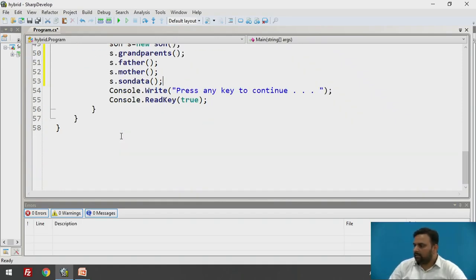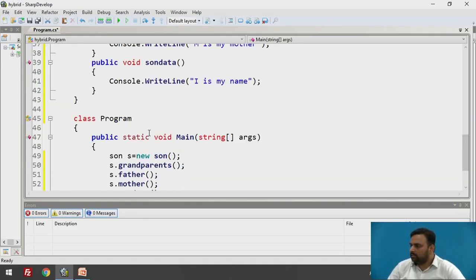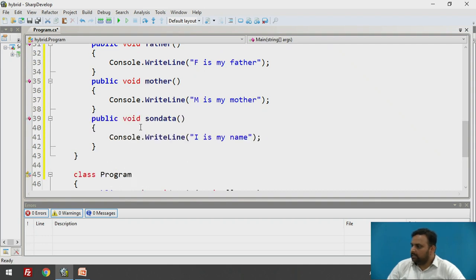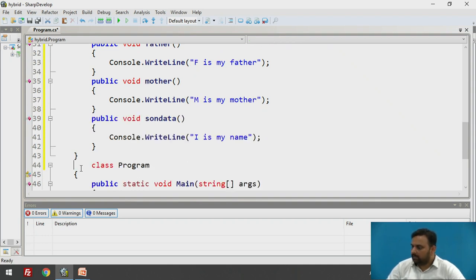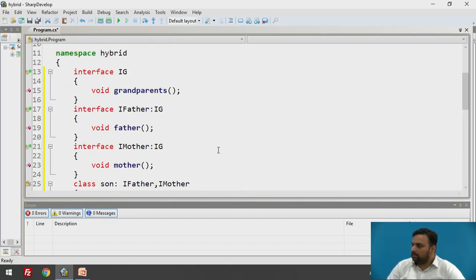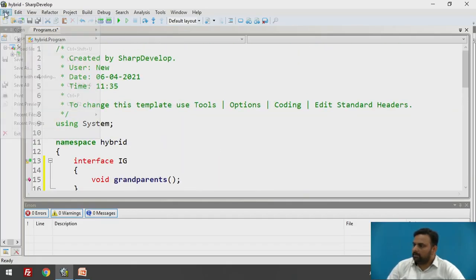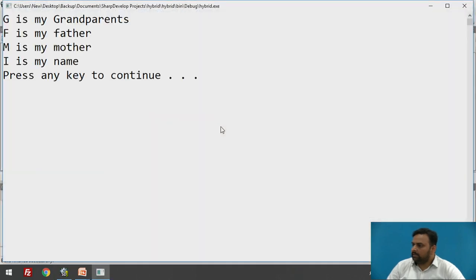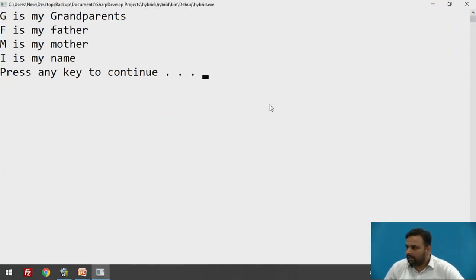So I think our code is correct, and it should work correctly. I am going to save this file. Now I will try to execute this file. As you can see, it is working correctly, and all the methods are executed properly, and we can see all the lines in those methods are executed and displayed their contents properly.